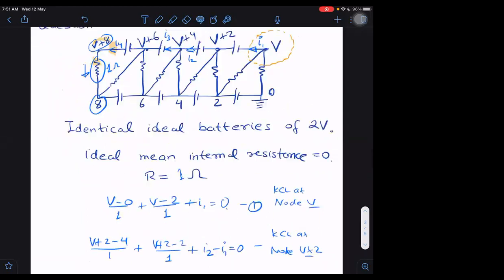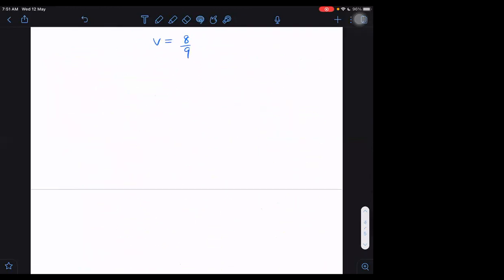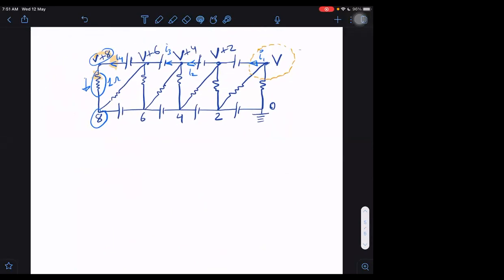I'm copying it and bringing it below so that we don't have to look it up again and again. And now you do it by KVL, just for the sake of practice, so that we have confidence not only in KCL, but also in KVL. How to do it by KVL?